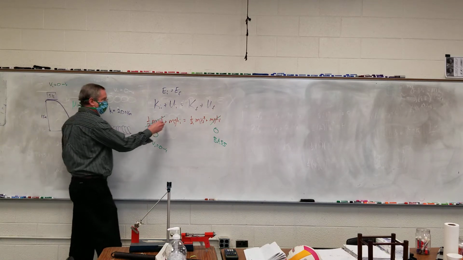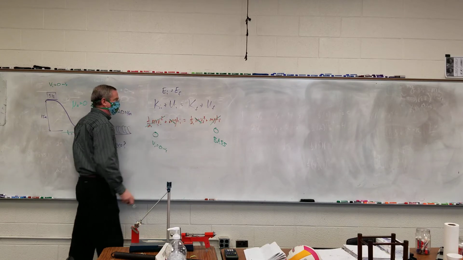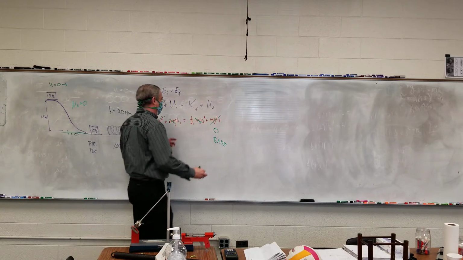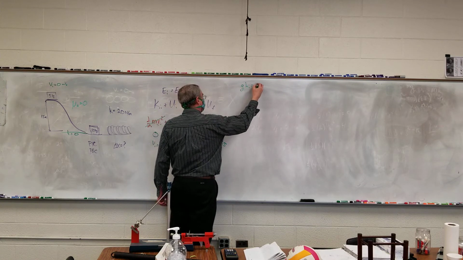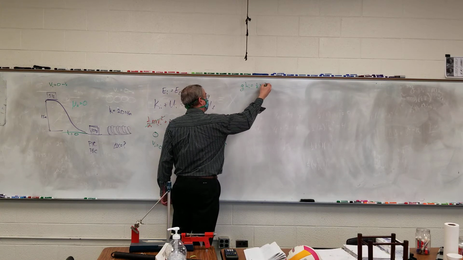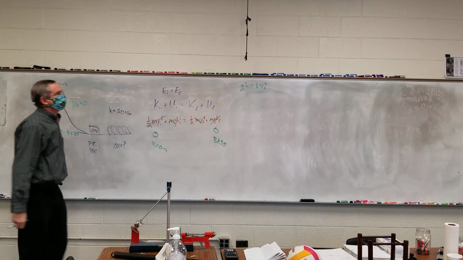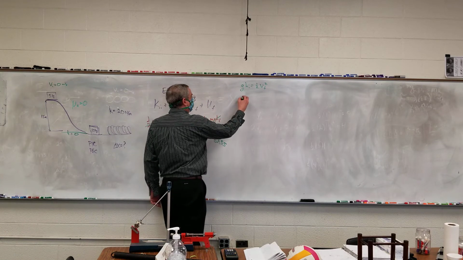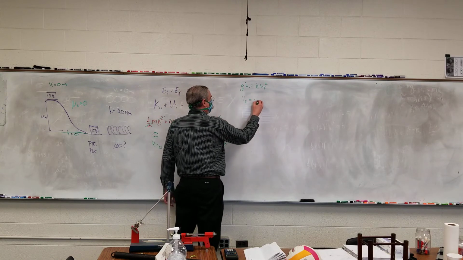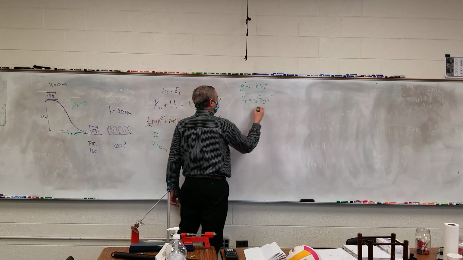And the masses can cancel out. They're common factors. And so we are now left with g times the initial height is equal to 1/2 times the final speed squared. And so now we can solve. So my final speed, the speed at the bottom of the hill, is the square root of 2gh,